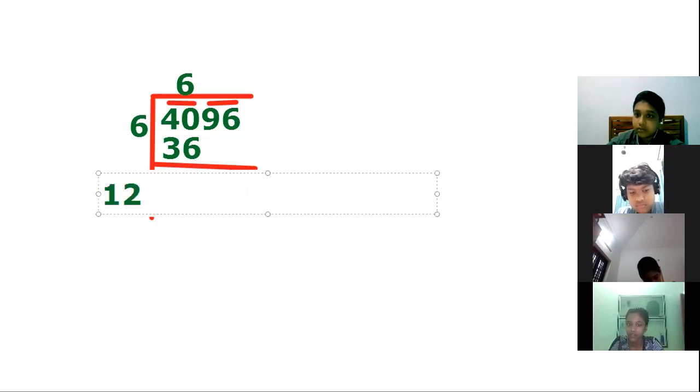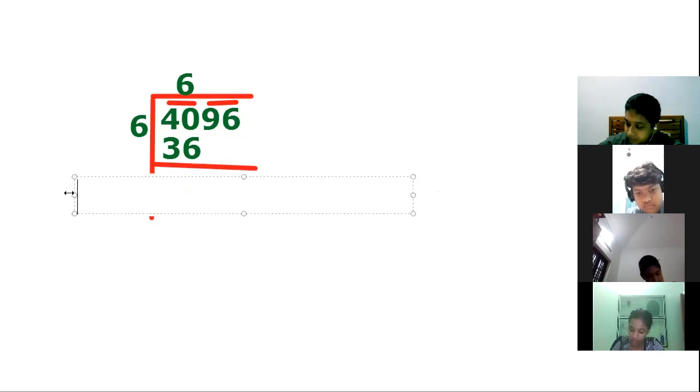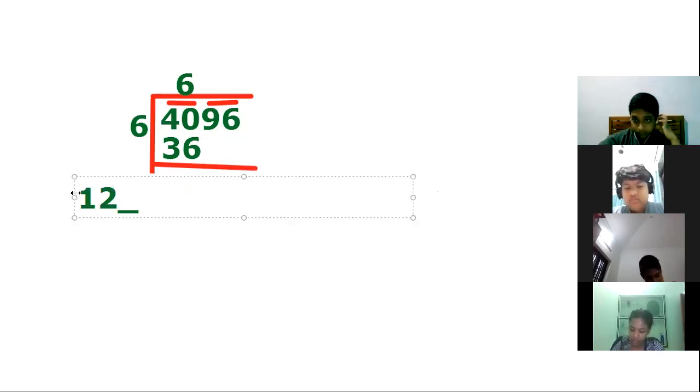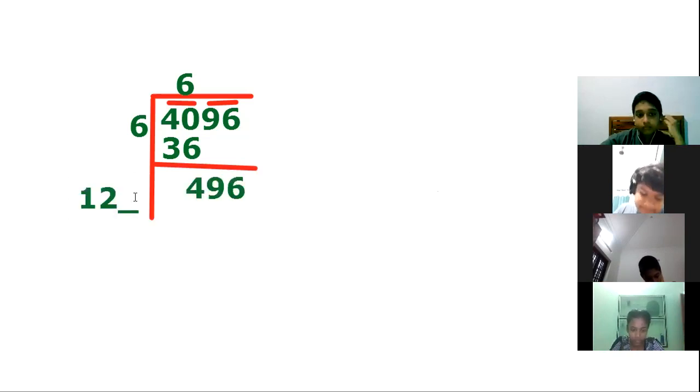It should be 12, and we just have to bring a blank there. Then we have to find the number which can be written in this blank space. That is, guess the largest possible digit to fill the blank, which also becomes the new digit in the quotient, such that when the new digit is multiplied to the new quotient, the product is less than or equal to the dividend. Then you just guess the number.